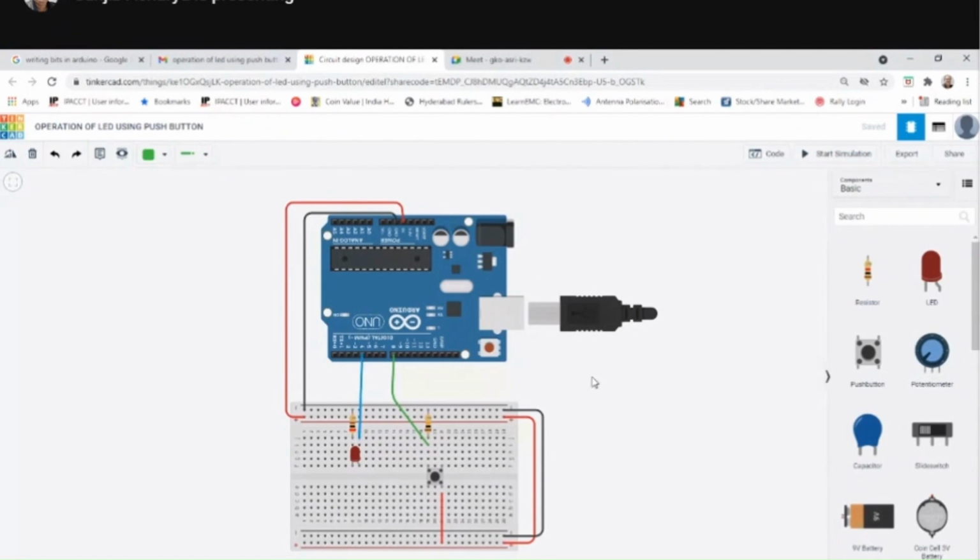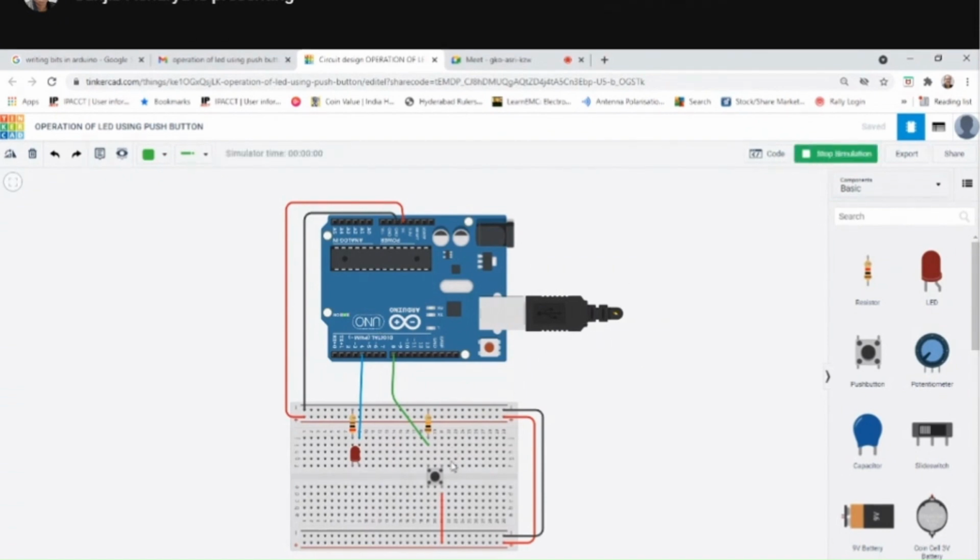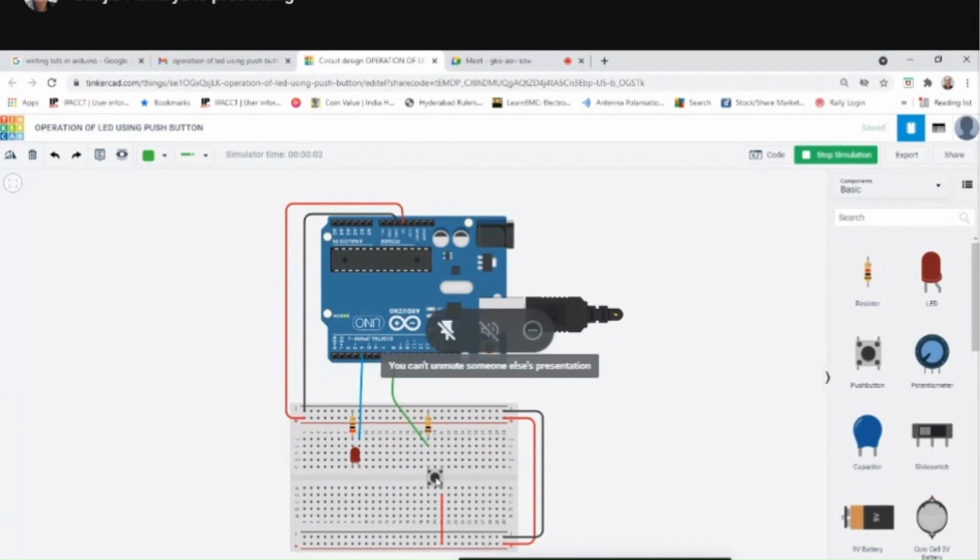So I hope the circuit is clear for all, right? Okay, I'll start the simulation. Once we start the simulation, see, I'm just pressing the button now. So I pressed twice basically, and after around 2 seconds, the LED was turned on, and unfortunately, it turned